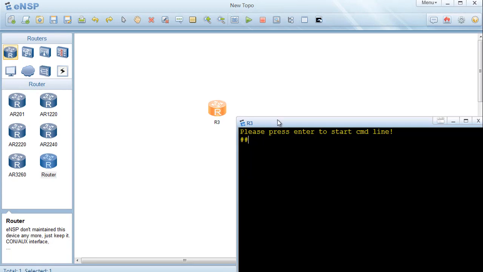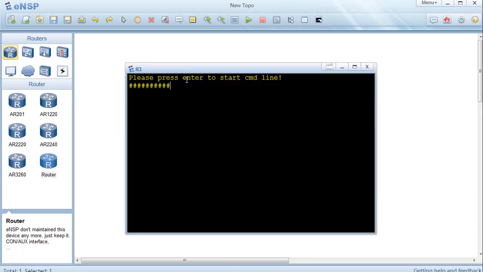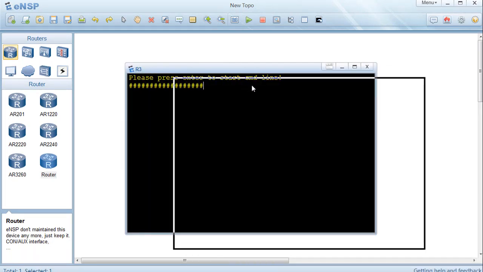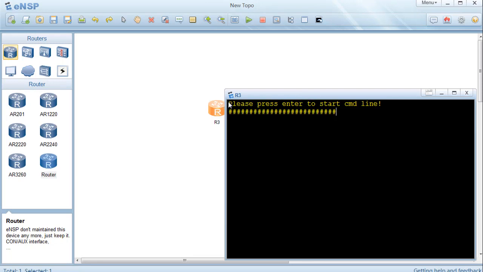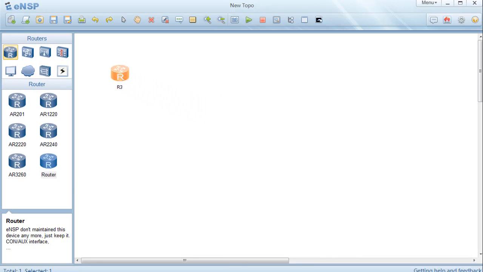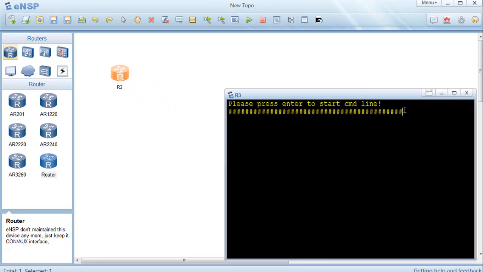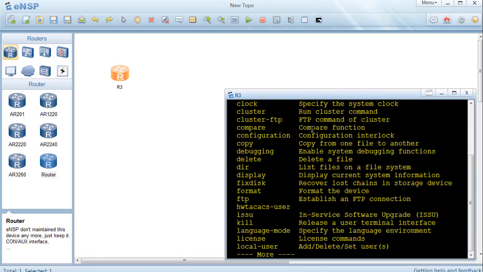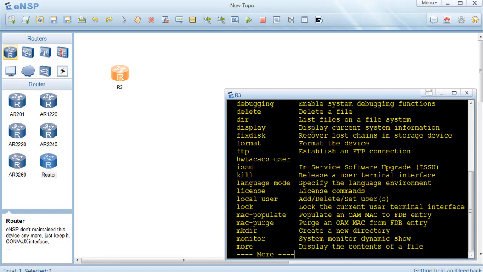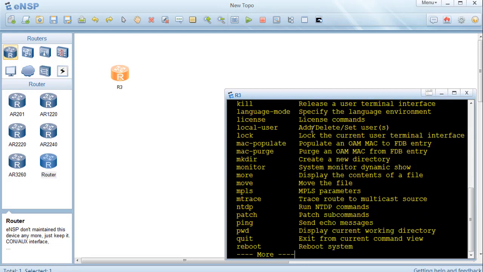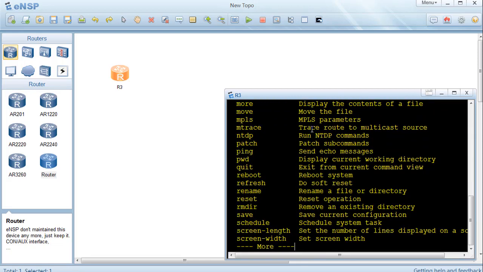Now I wait until the progress finishes. After that, I firstly use the question mark command. When I type the question mark, it shows me lots of commands, and you can enter and check the lots of commands and their details.